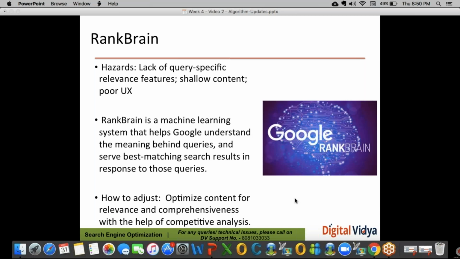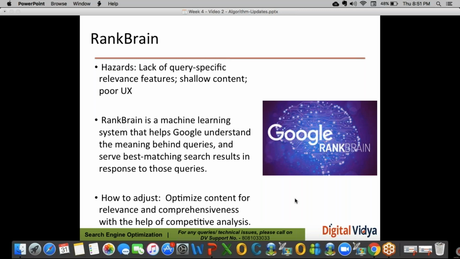And then the latest update which I was talking about was RankBrain. RankBrain is more centric to user experience. Google is becoming smarter day by day. I don't know how many of you have seen the latest videos of the Google I/O conference, which happened in 2018.